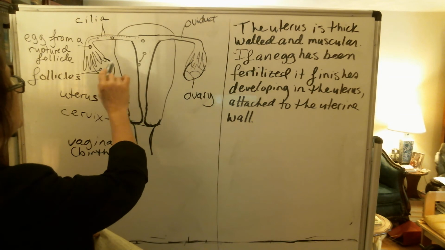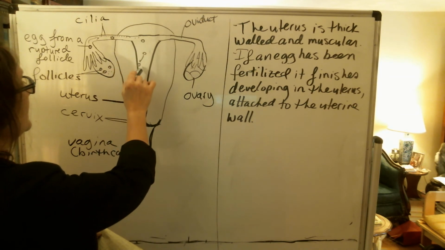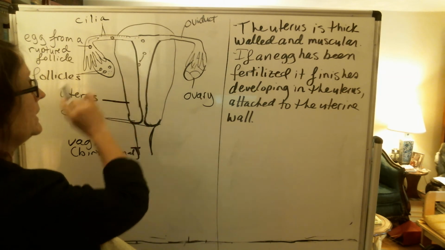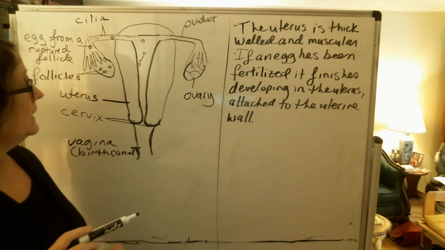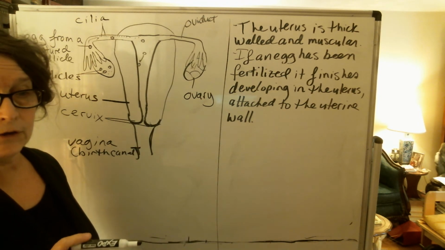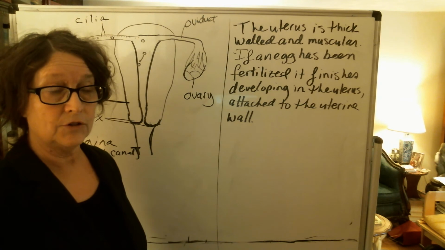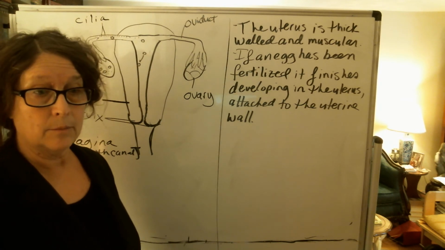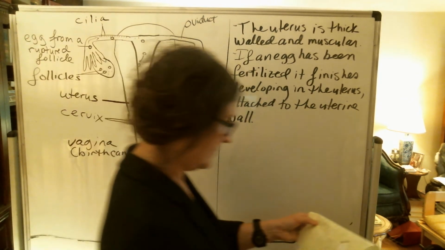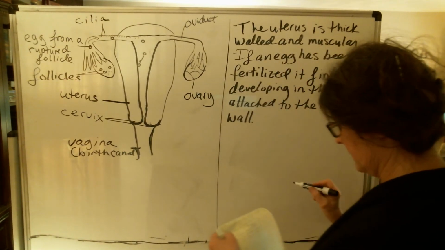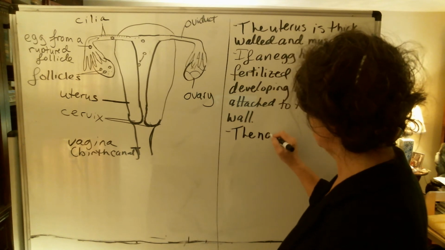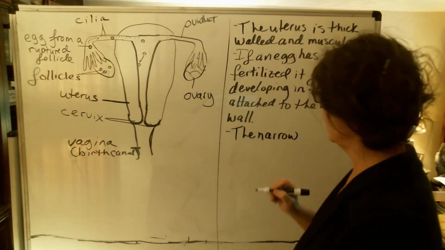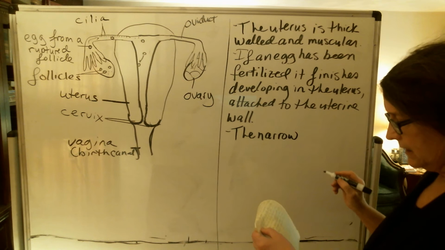It's fertilized, and then it still has to do this very important step of actually implanting successfully on the interior lining, the interior wall of the uterus, if it is going to continue to develop and become a successful pregnancy. And then, in any case, carrying on with the basic anatomy,